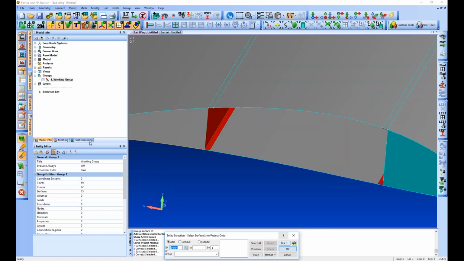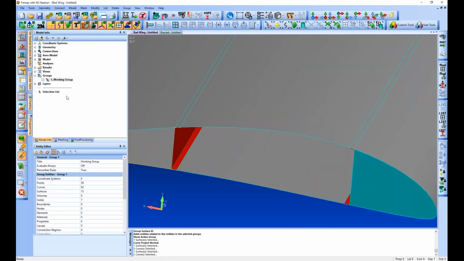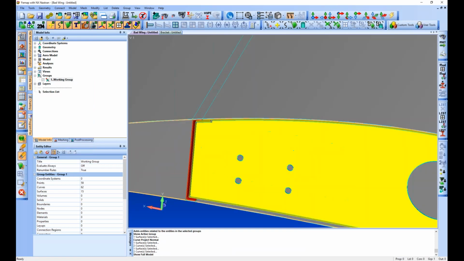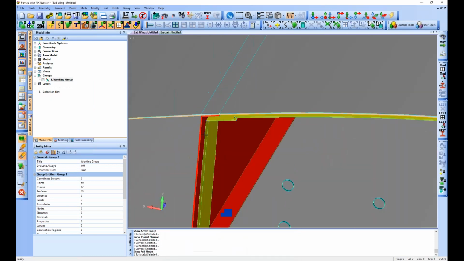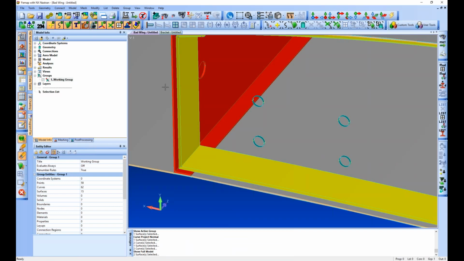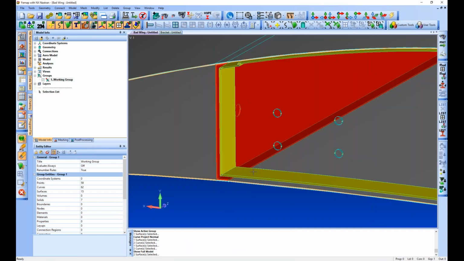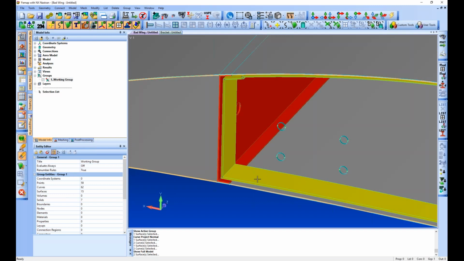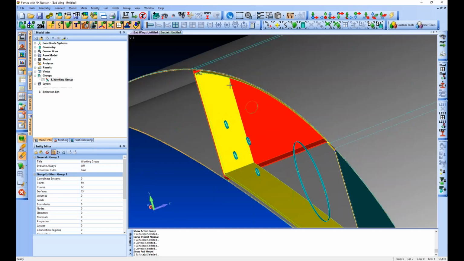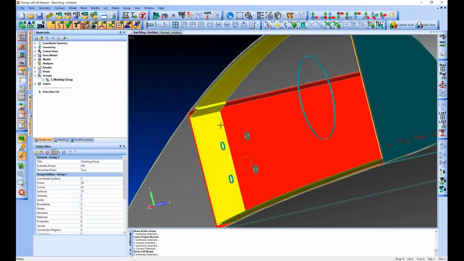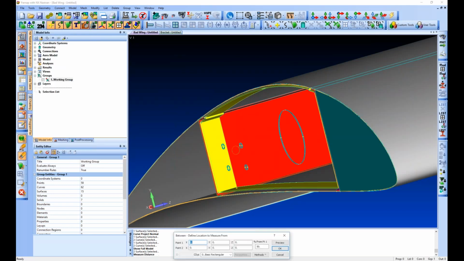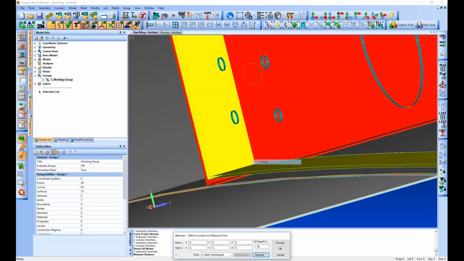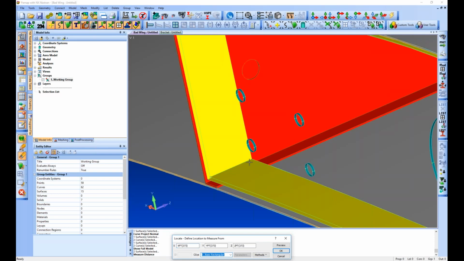So another option for these, and I'm going to show in here, and we're just going to hide this again. This would be a lot of projecting, right? So these rib flanges, they interface a lot. So I happen to know that this is a constant flange width, which is a fairly common feature. So what I can do here is just under the tools, measure distance. I'll make sure to get out of here just to locate. I can just measure the width of this flange,